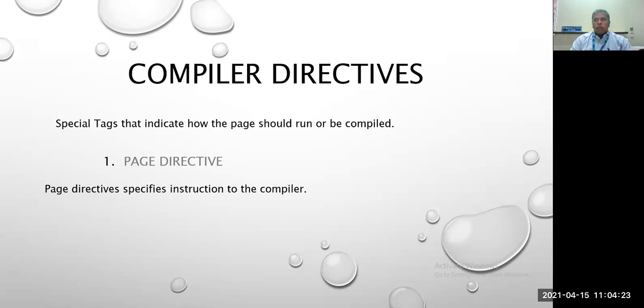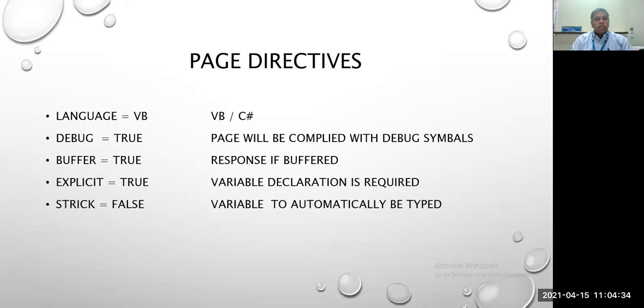We are working with web technologies, with web pages. Each one is a page, so we have to give the direction for each page. These are the 5 parameters of the page directive. The first one is the language, which we have to give as VB or C# or any other web-based language.